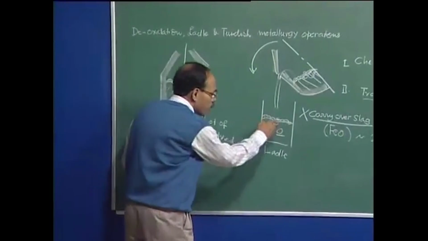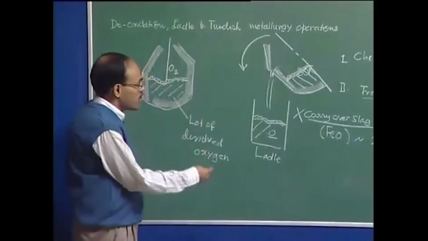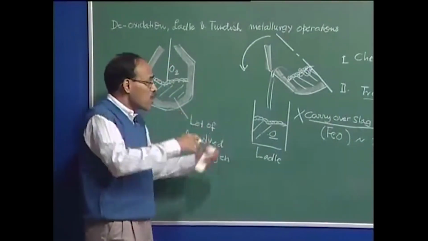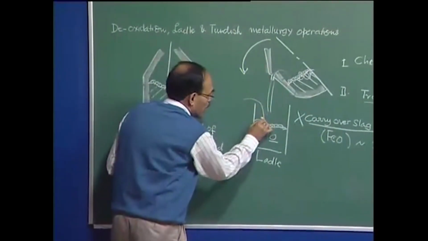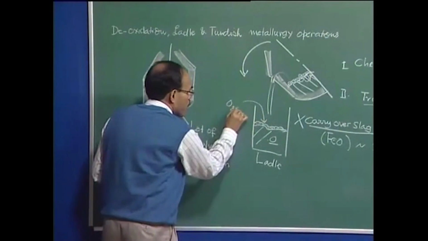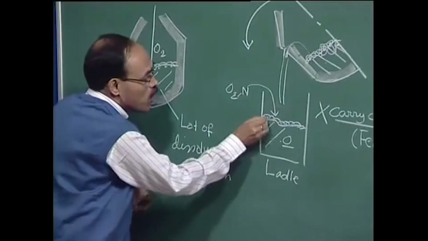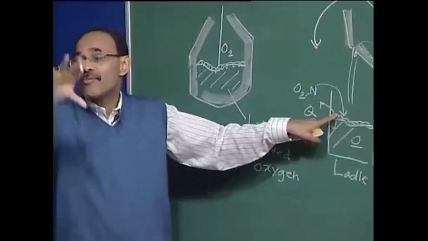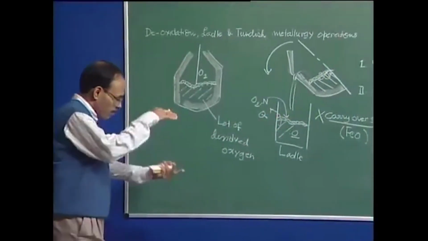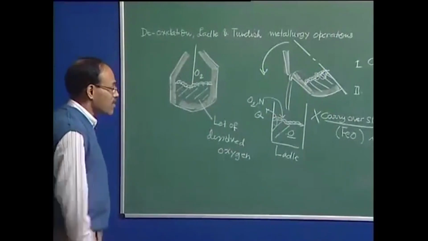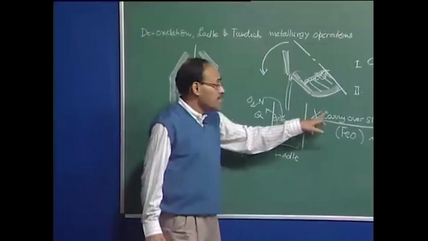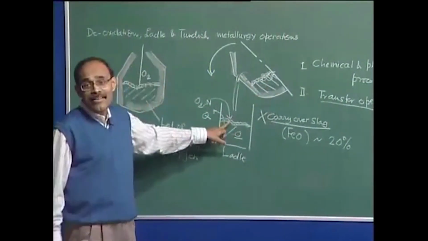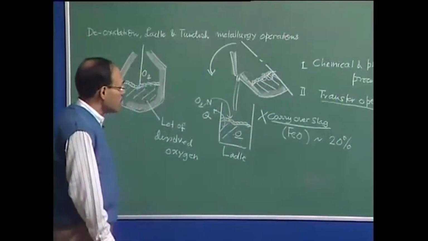And as this slag floats on top of steel, it provides a protective cover over the steel, so it is not going to be in contact with the atmospheric oxygen or nitrogen. Similarly, heat will not be able to escape through this slag layer, which is going to act as a thermal insulator over the bath itself. But this slag, I would repeat again, is not the carryover slag, not the slag from the basic oxygen furnace, but the slag which is made afresh in the